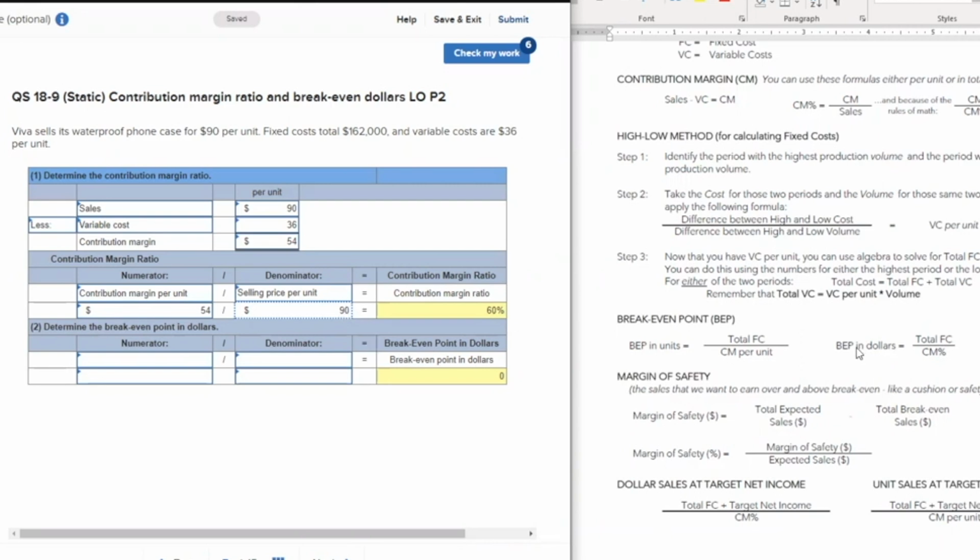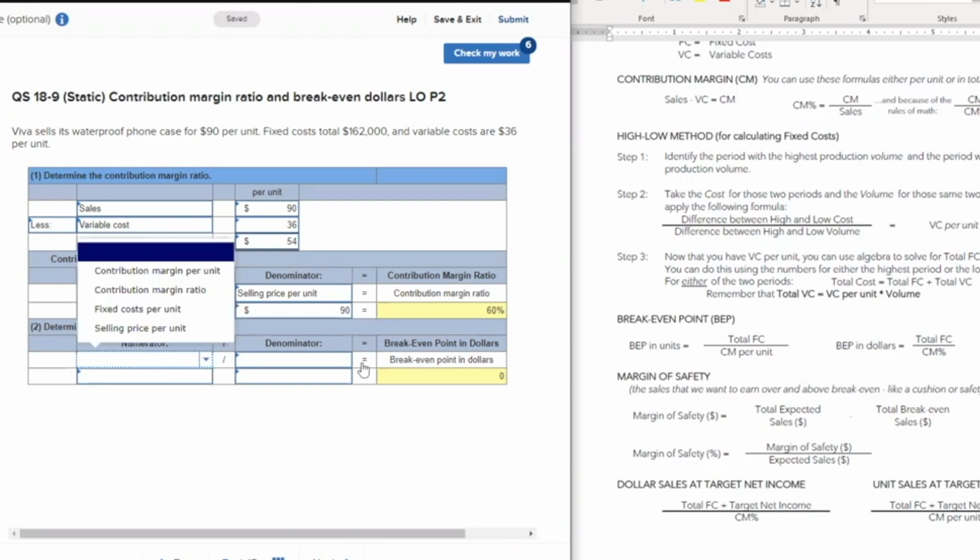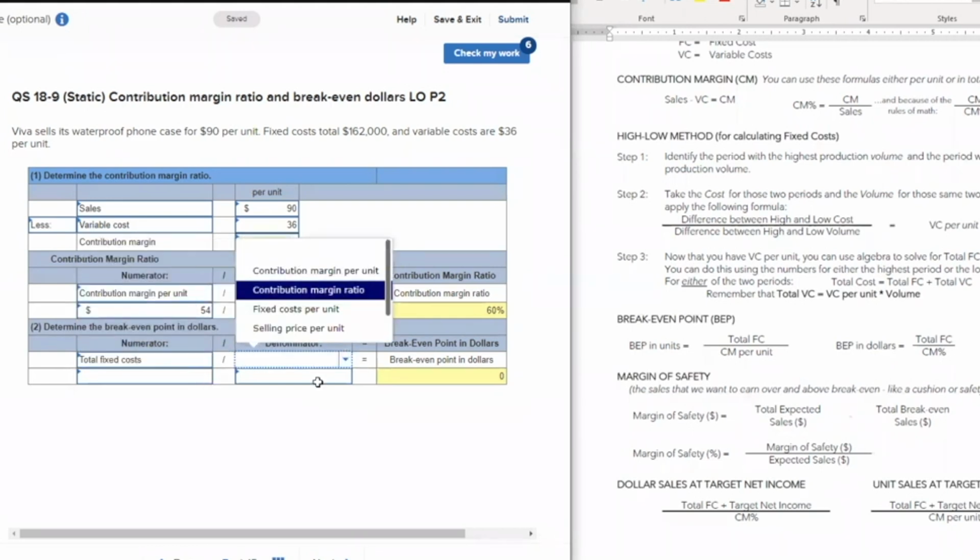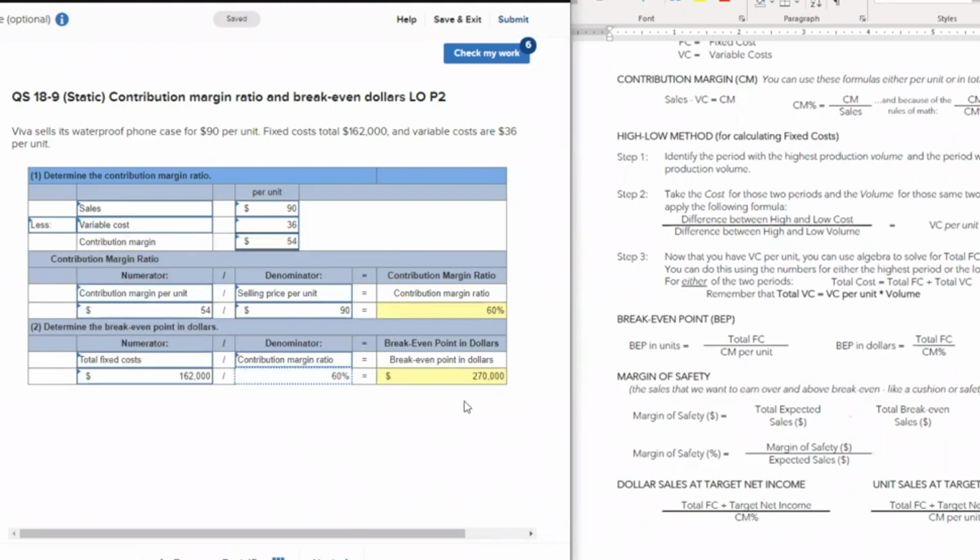Total fixed costs divided by contribution margin ratio. So fixed costs are 162 and contribution margin ratio is 60%. Our sales need to be $270,000 in dollars,